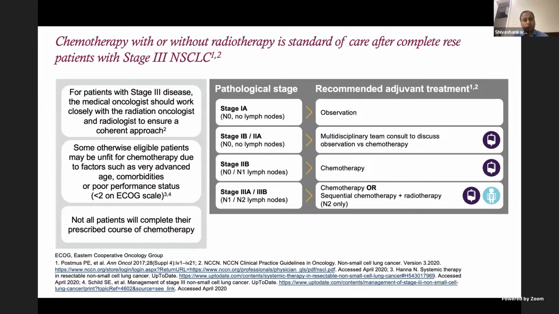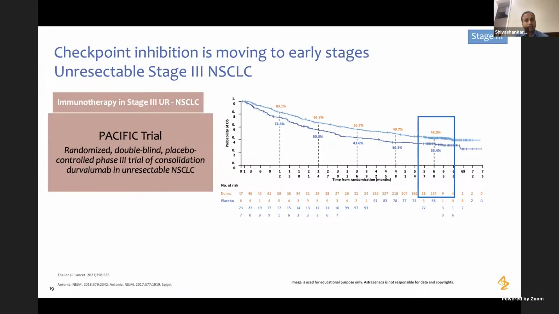So this was about resectable non-small cell lung cancers. What if it is a multi-station N2 disease? Usually the clear answer is combined modality chemo-radiation therapy. If patients achieve either stable disease or some response following combined modality therapy, they will go on to receive adjuvant durvalumab,